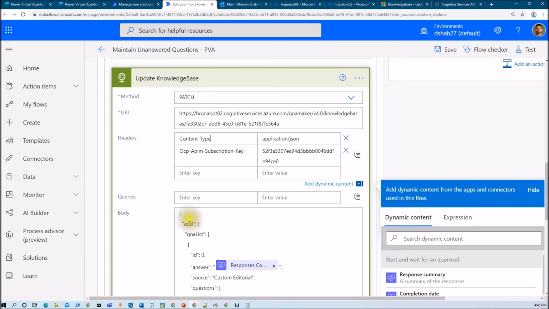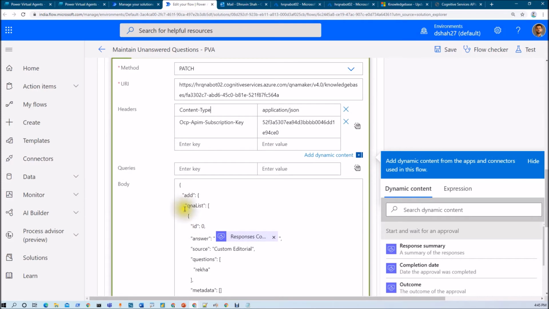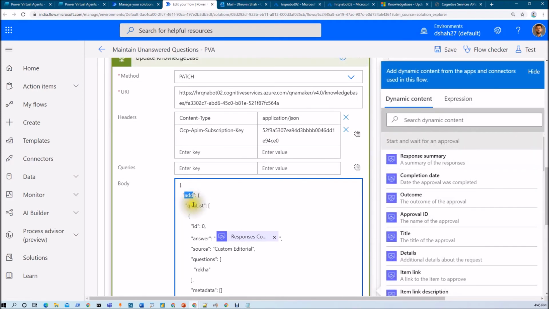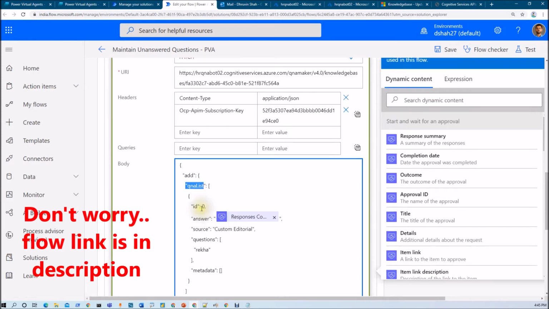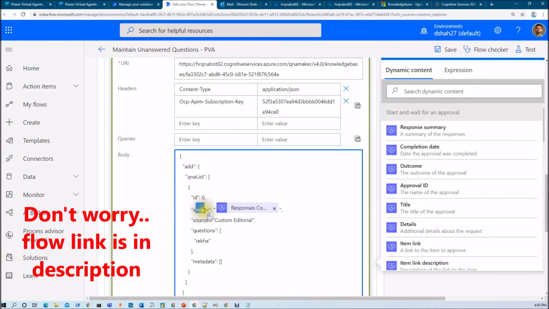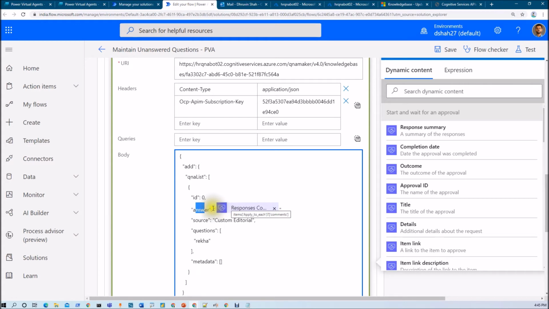Now we need to provide the body. Basically we want to add a question and answer pair, so we will be using add component. This is the Q&A list. Now ID would be 0. Answer would be whatever the response outcome's comment is; we just need to store that as the answer. So we just need to use items, apply to each, and from that, comments, whatever the comment would be, we need to pass that.